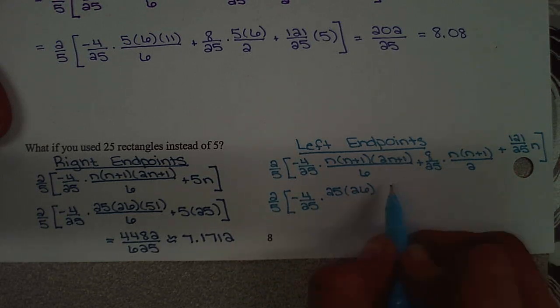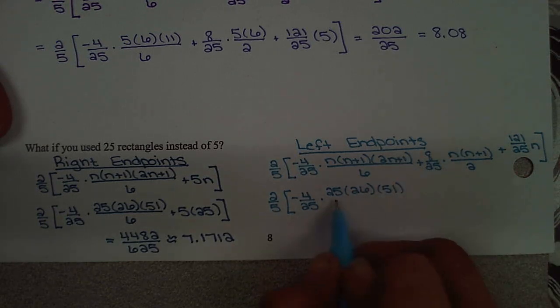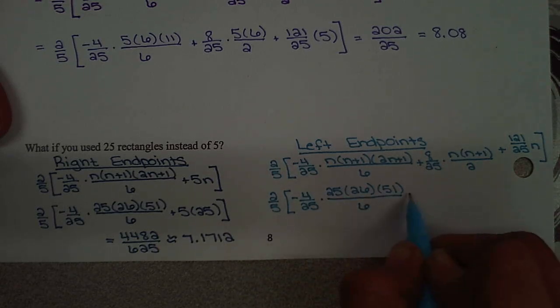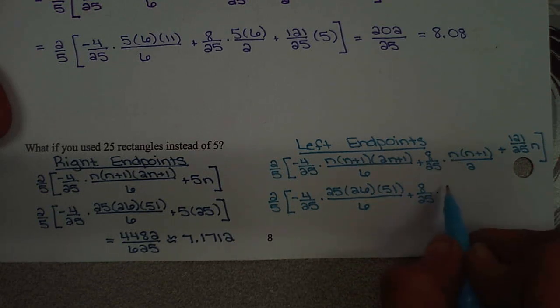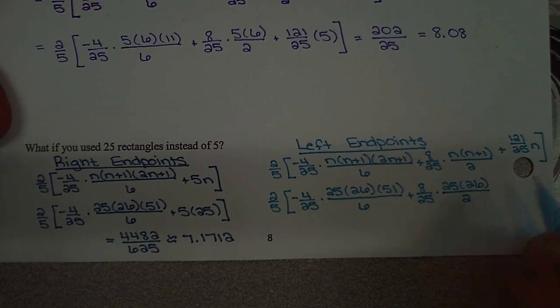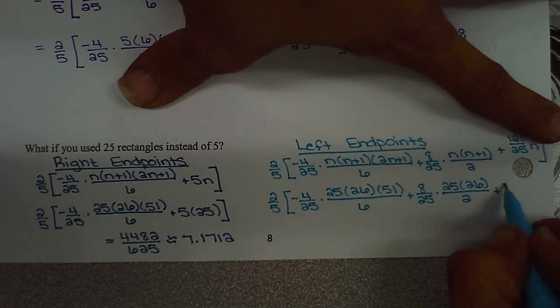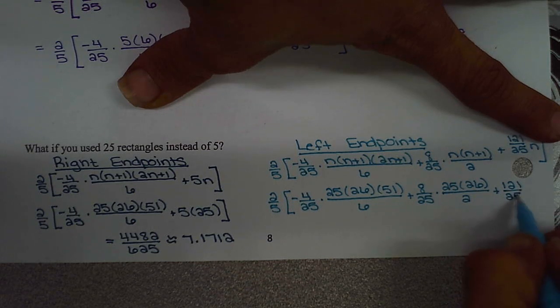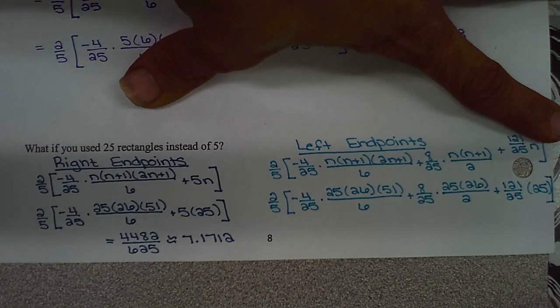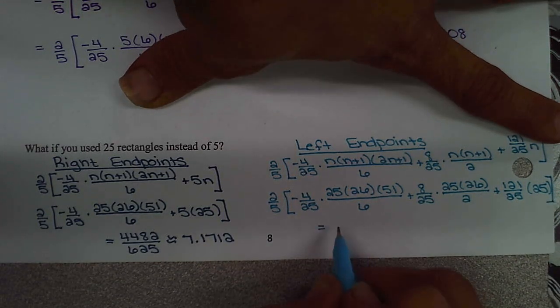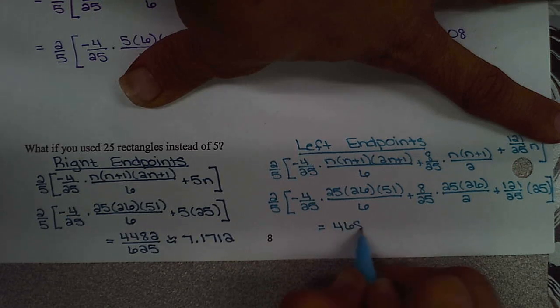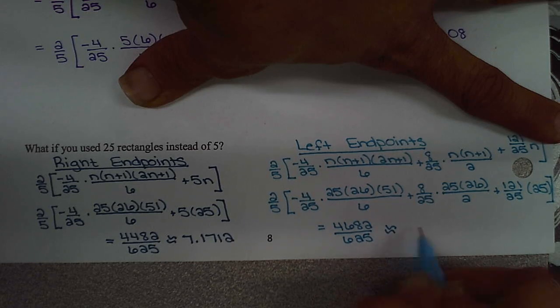Double 25 plus 1 is 51, all over 6, plus 8 over 25 times, that would be a 25, times one more is 26, all over 2, plus 121 over 25 times 25. And if you number crunch all that into the calculator, you get 4,682 over 625, which comes out to about